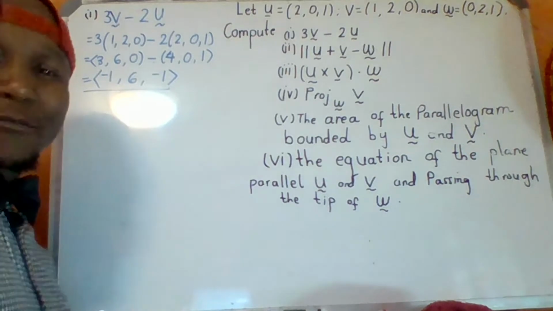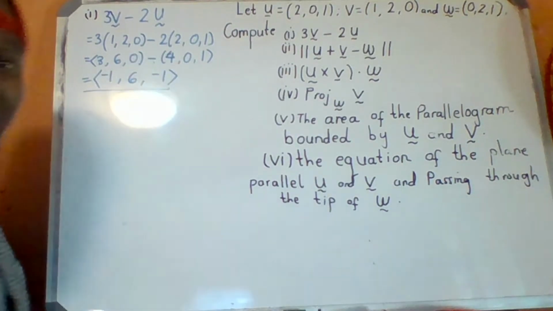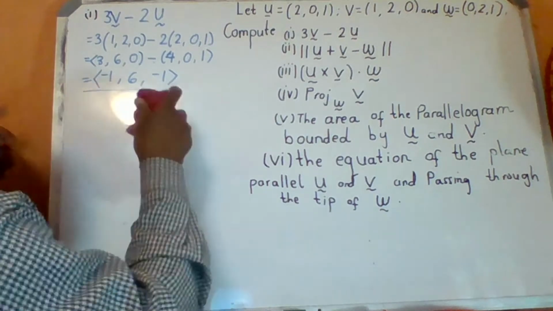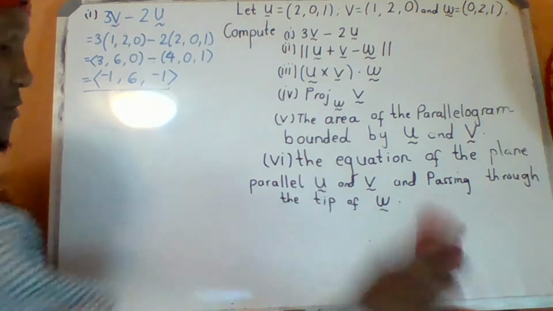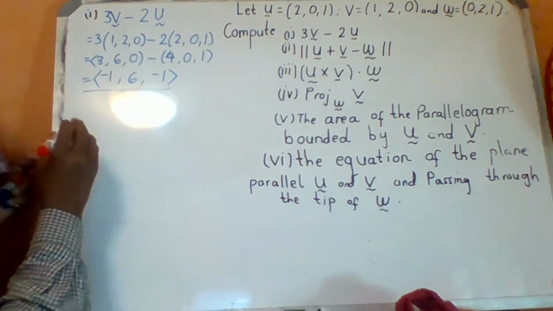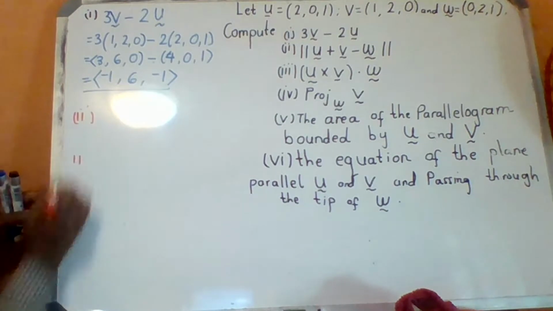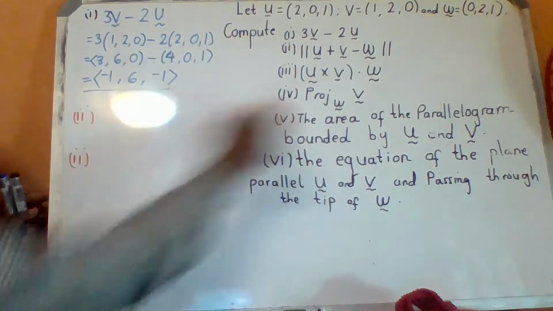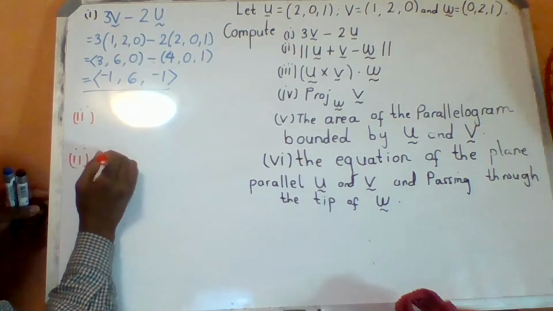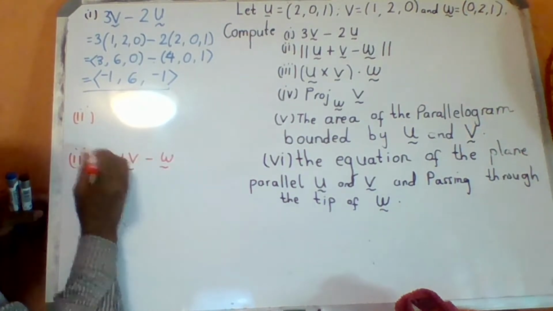So now we're going for the second one. This is also a vector. Second part is easy. I'm going to raise this part so we can have space. So now we go for the second vector. For the second one, you're going to have to calculate u plus v minus w, by